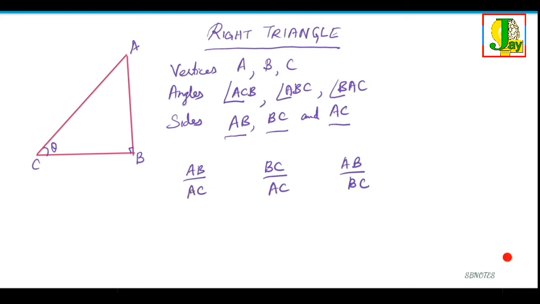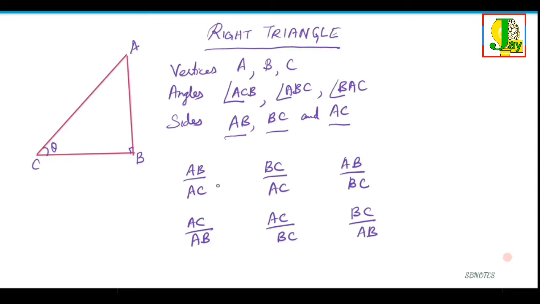Yes, we can take the invert of all these ratios. So we have again AC by AB, then AC by BC, BC by AB. Any other ratios? It is not possible because if you take two sides at a time and there are in total three sides, at the most you can have six ratios. So these are the six ratios, and this chapter deals with those six trigonometrical ratios of sides of a